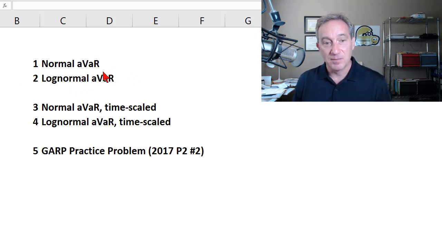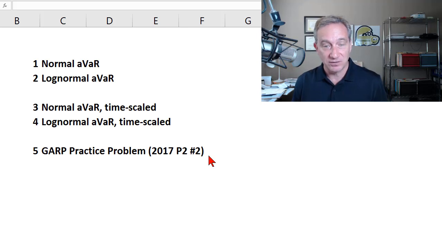And then I'm going to do the same thing, compare normal to log normal, but we're going to scale it over time. We're going to be given 1 month assumptions and then scale to a 1 year VaR in both cases. Finally, we'll apply this to a GARP practice problem from its practice paper 2017 part 2 question 2, which